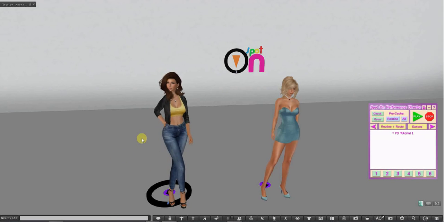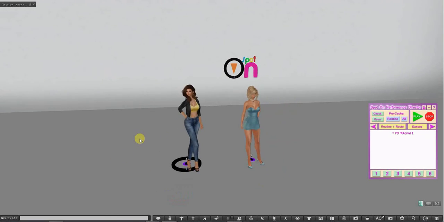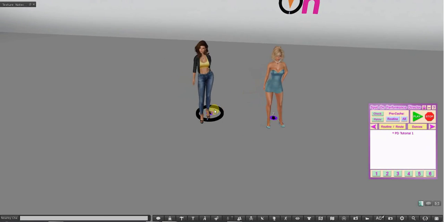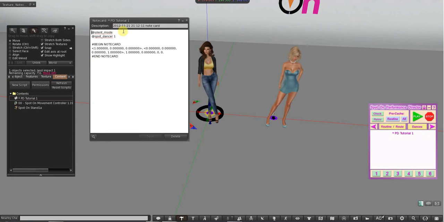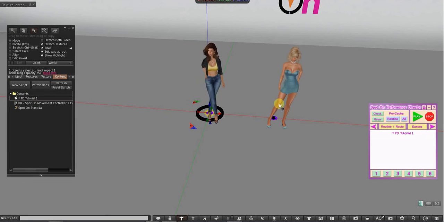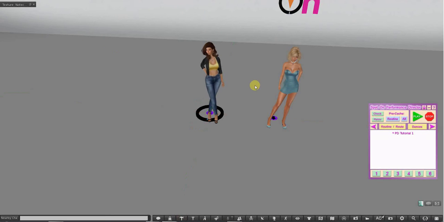Hi again, Galila back again, and this is the third part of the Performance Director tutorial. I have an alt, Quintina, here who is going to help me do this, and I have my movers here configured for dancer, spot dancer number 1, and she is spot dancer number 2, and that's how we will be defined